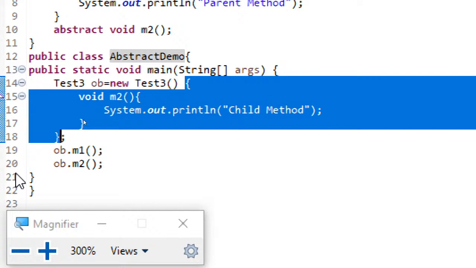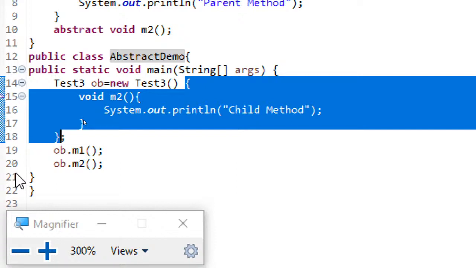So in this selection, there is an opening brace, there is a closing brace just before the semicolon, and it is having a method. Now JVM understands that this anonymous class, that is the selection part, is a subclass. It is a subclass to which class? For test3, because it is the one you can see before the equal to operator.